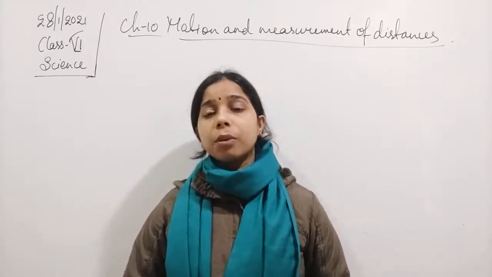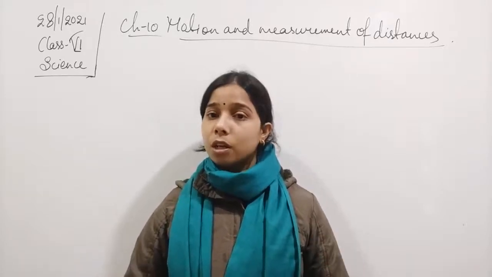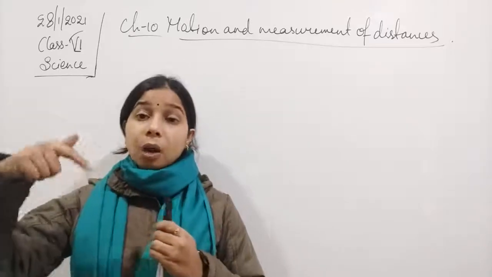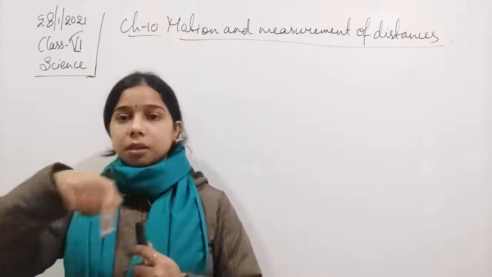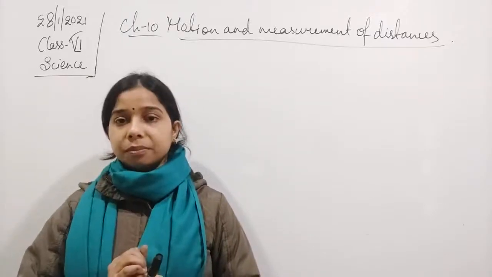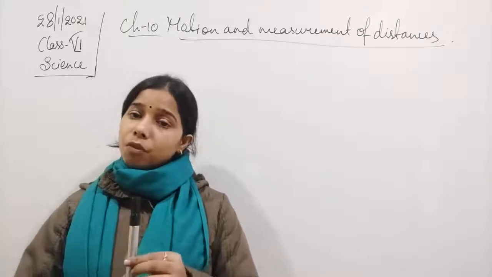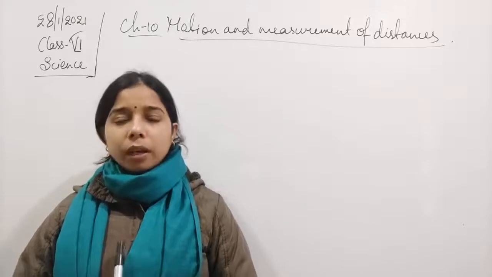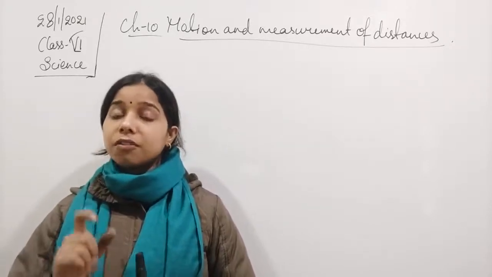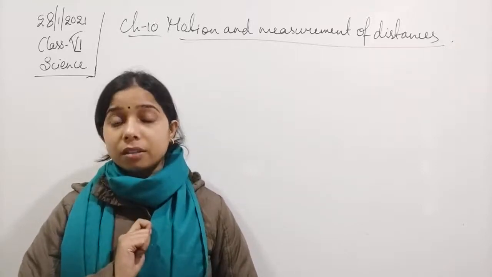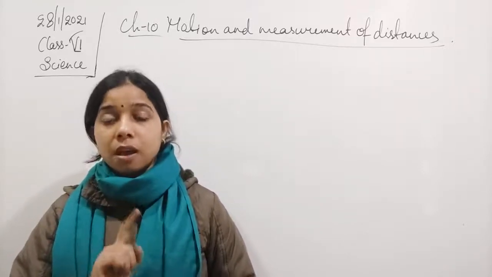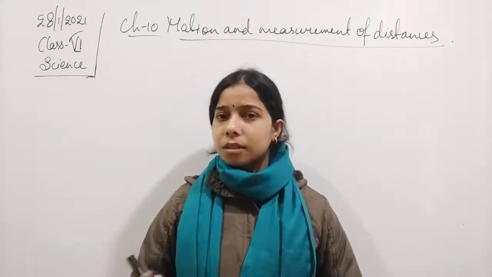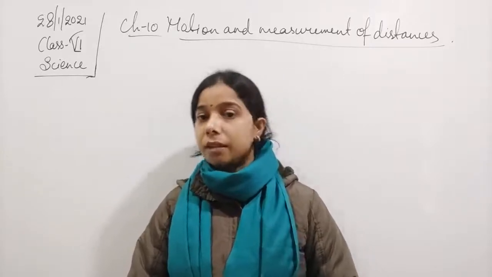We have also seen the basic difference between circular motion and rotational motion. In circular motion, an object moves around another object in a circle. But if an object is moving on its own axis, that is known as rotational motion. You can understand this with the Earth: if the Earth is rotating on its own axis, that is rotational motion, and if it is revolving around the sun, that is circular motion. This is the basic difference between rotation and circular motion.